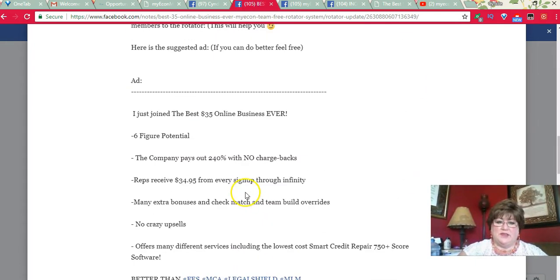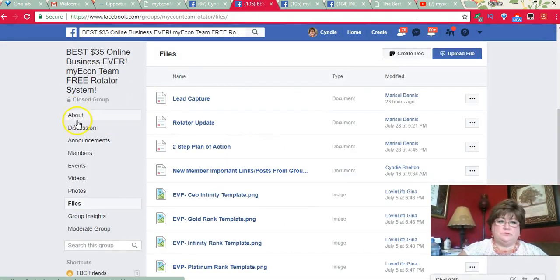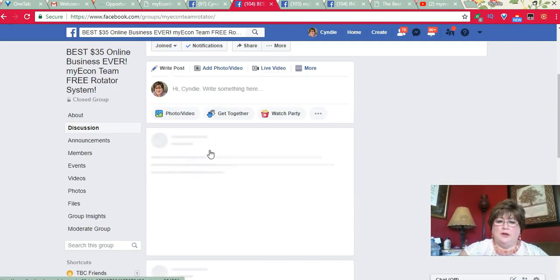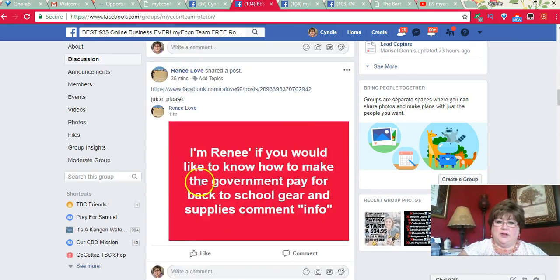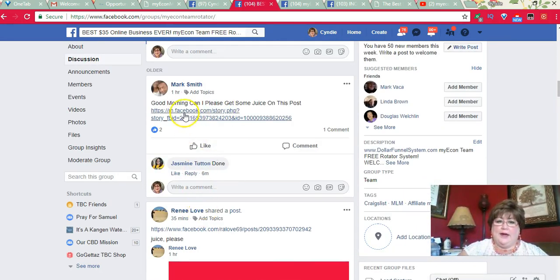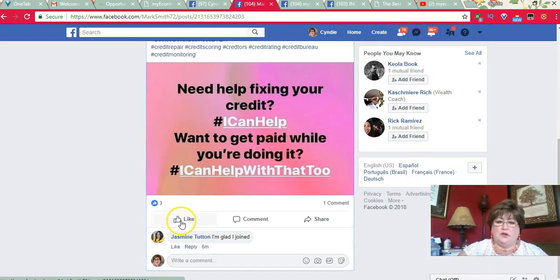And he even gives the sample of the ad. You don't have to put that same ad. We do have ads in the group. So if I go back and click on discussion and get to the main part of the group, there are always suggested ads in here that you can copy. And also, people ask you to juice. That means if you click on that link where they ask you to juice, you can go click like and maybe put